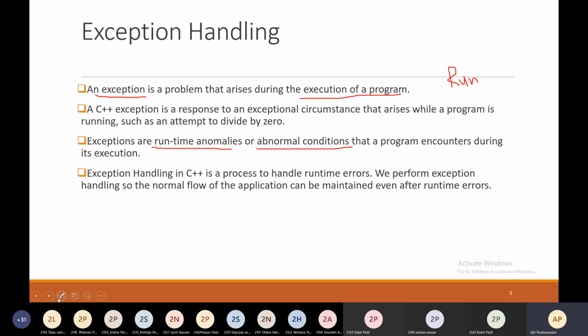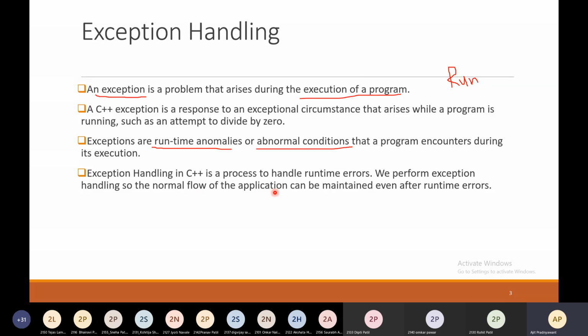Exception handling in C++ is a process to handle runtime errors. We perform exception handling so the normal flow of the application can be maintained even after runtime errors. Why do we need exception handling? To maintain the normal flow of the application.